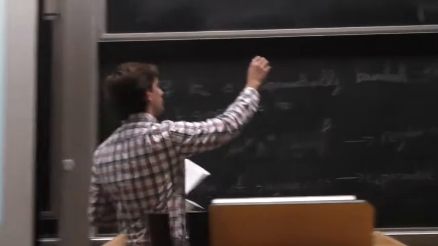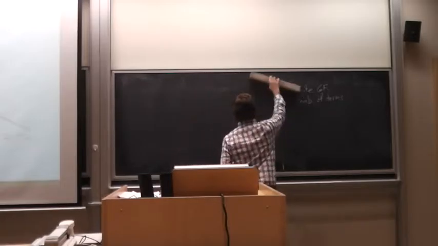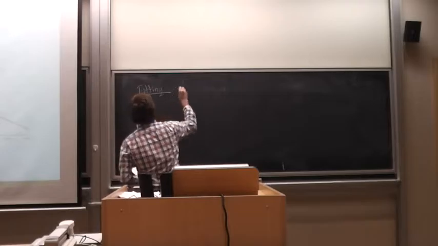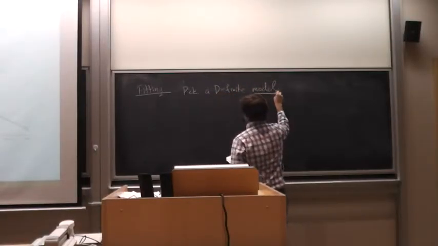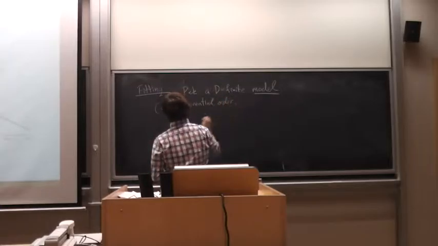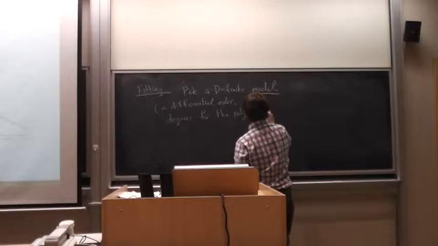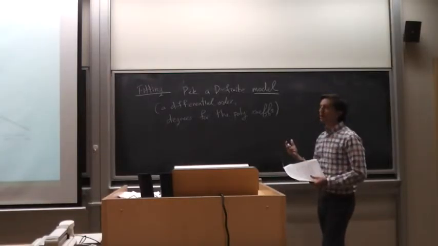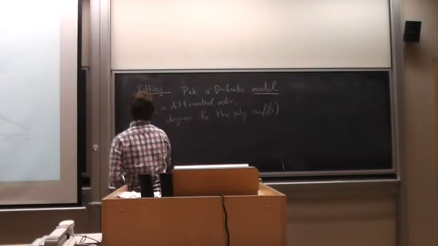Okay, so let me talk about fitting to d-finite forms, so you know what I mean there. What I mean by fitting is first pick a d-finite model. Maybe it would be better to call it a template. So pick a differential order, maybe third order, second order, and pick degrees for the polynomial coefficients. Then you perform an algorithm kind of like what GFUN does. For now, I just want to treat it like a black box because I don't have time to go into the details. But you pass into the algorithm